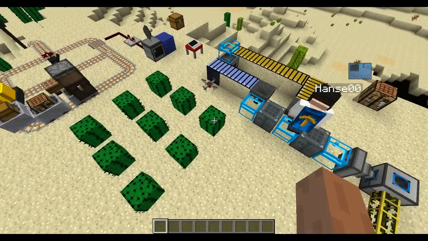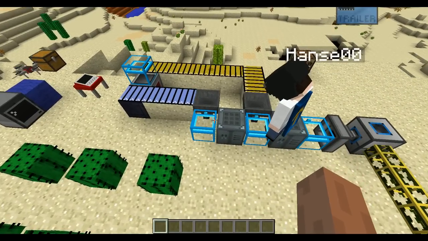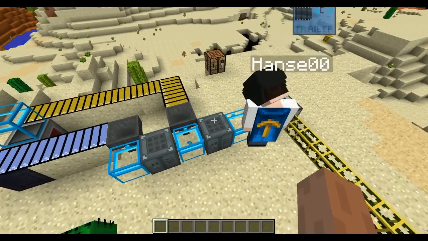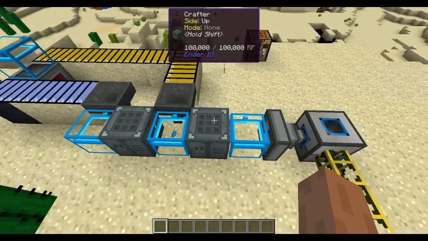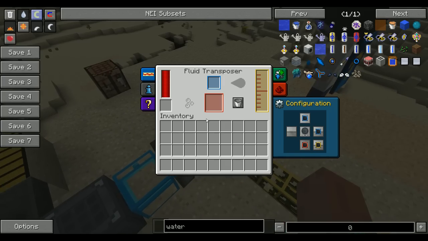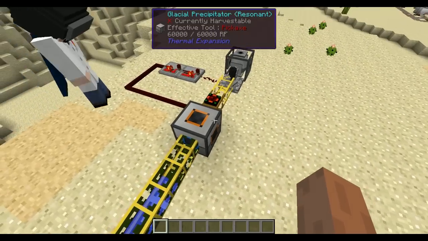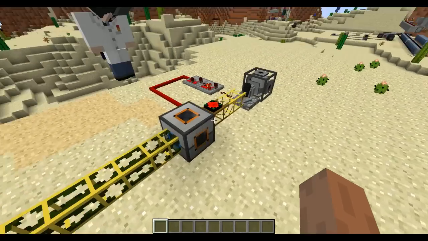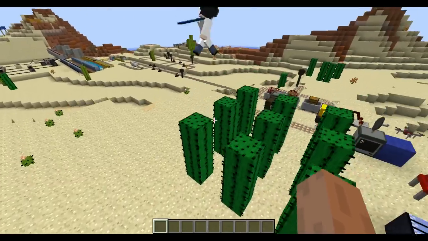Yeah, so it's the empty bucket, and basically the cactus makes cactus juice, and the empty bucket and the cactus juice makes us a bucket of water through these Ender IO crafters. And then that bucket of water, we put into the fluid transposer, so we get just the liquid. That gets poured into the glacial precipitator, which makes snow blocks out of that. Yeah. And then those 2 snow blocks get put in the air cannon, and it shoots our 2 snow blocks